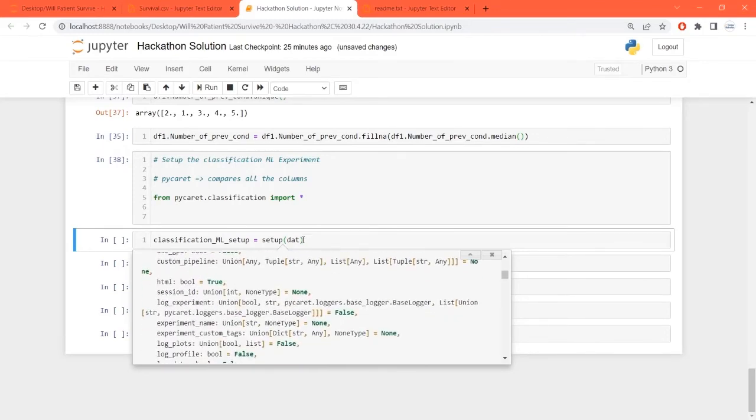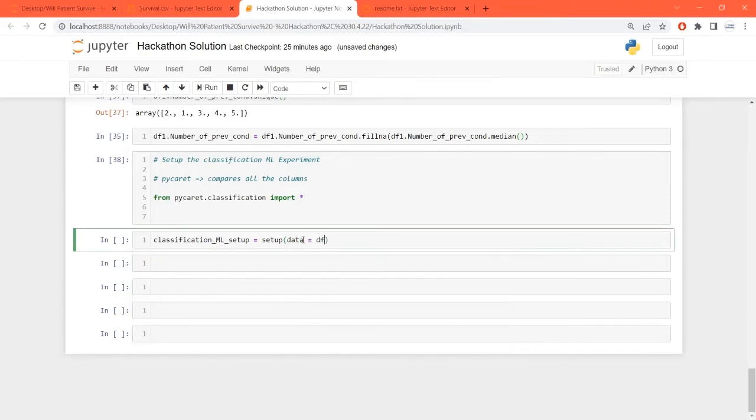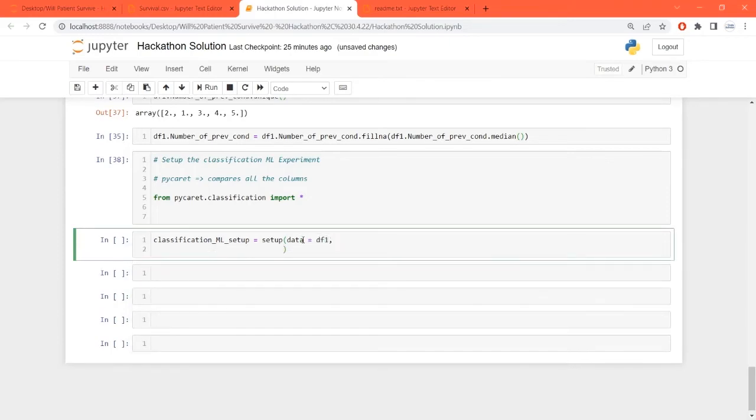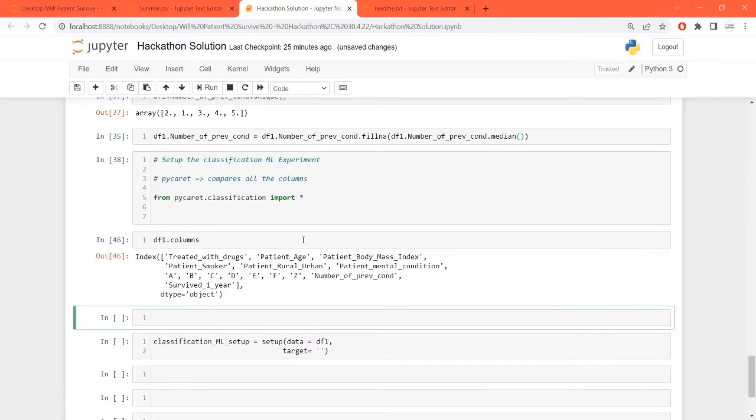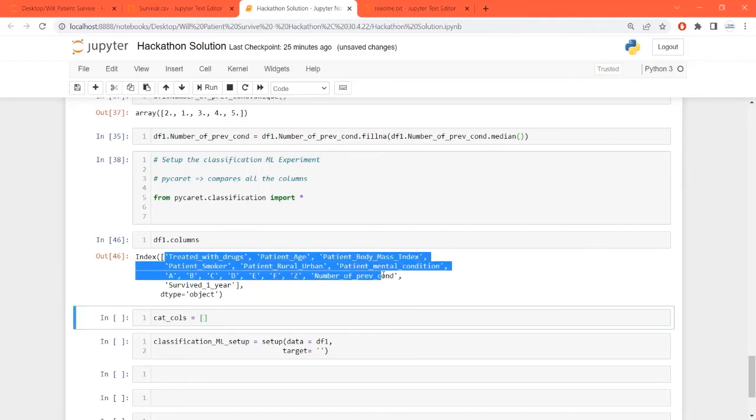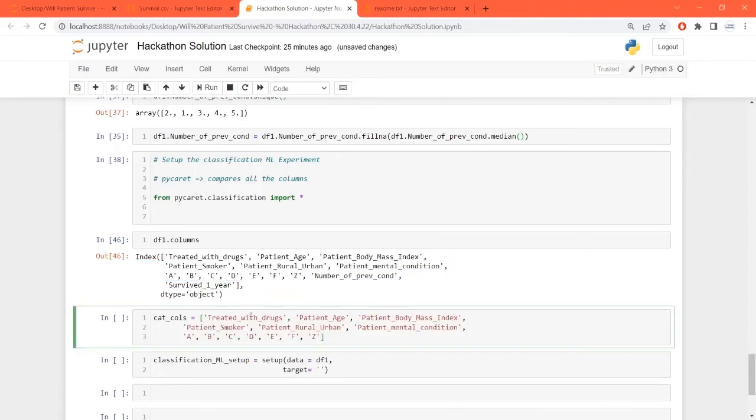Let's complete it. So data is equal to df1. My target is equal to, so your df1 dot columns. Out of these columns, which columns you need here for comparing is till Z. This I have done after performing all the analysis.